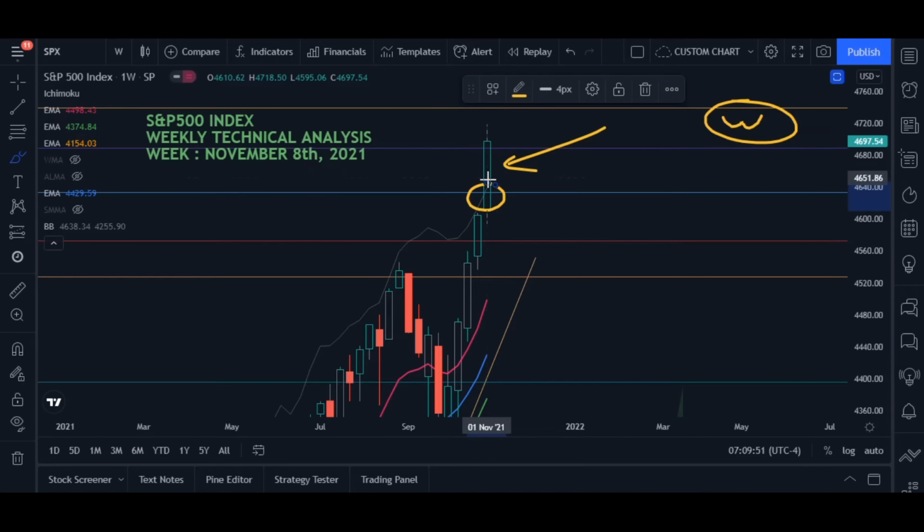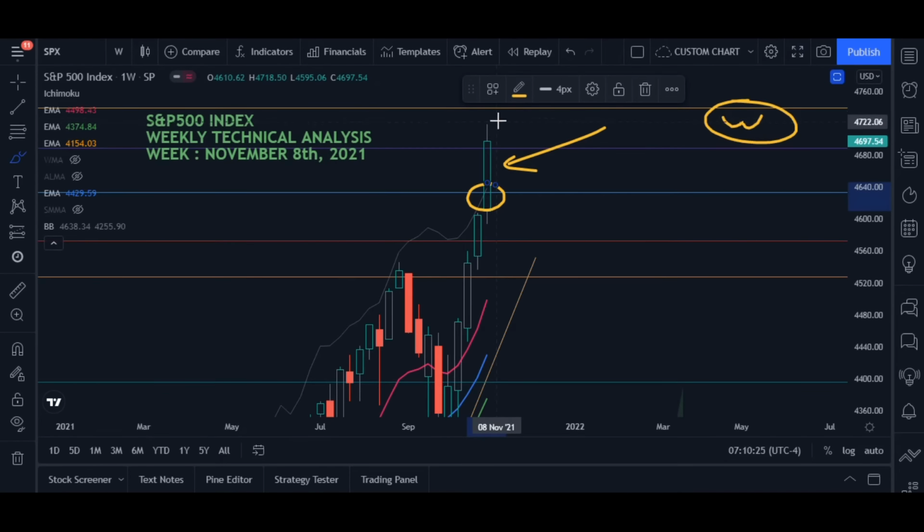When the next week commences, this Bollinger Band will rise to approximately 4655 or 4660. So what is expected to happen? This is a bull candle, and the interpretation is that whenever there is a bull candle, chances are the next candle will also be a bull candle, but that is not going to happen. There are a lot of reasons, but one of them is this upper band of the Bollinger Band.